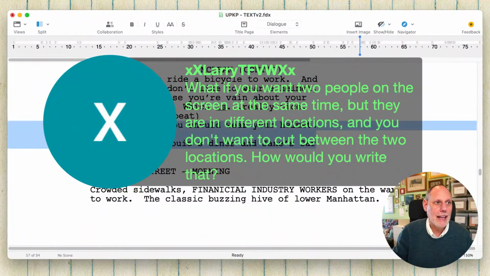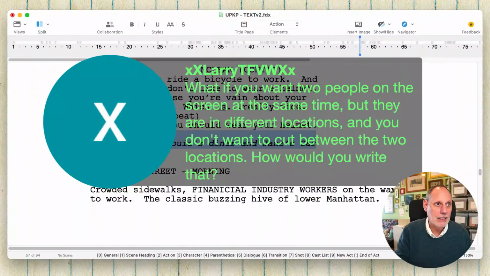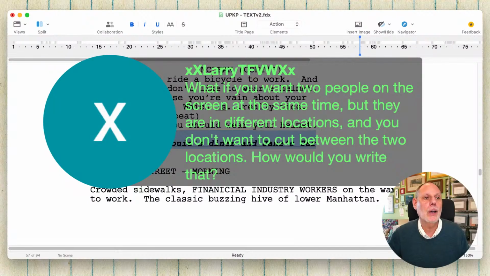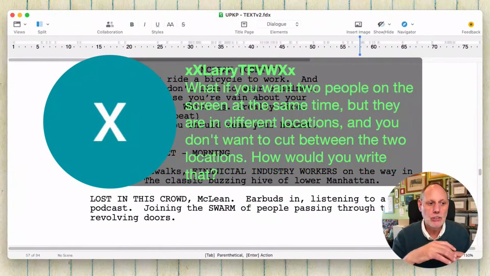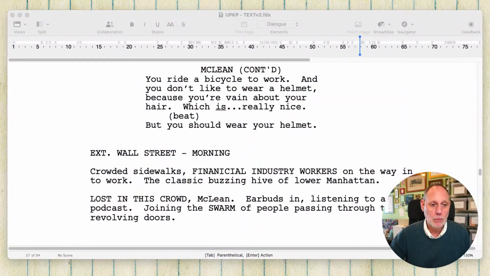So you could do something like that, and you could do it like italics or underlined or bold or all of those. I don't know. But the concept of the split screen is the only way you can have two people in different locations at the same time without cutting.